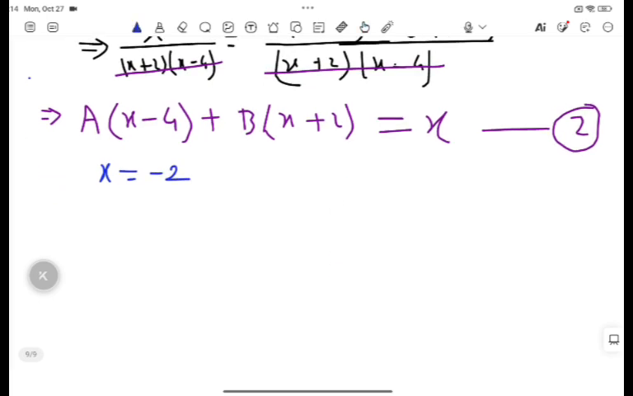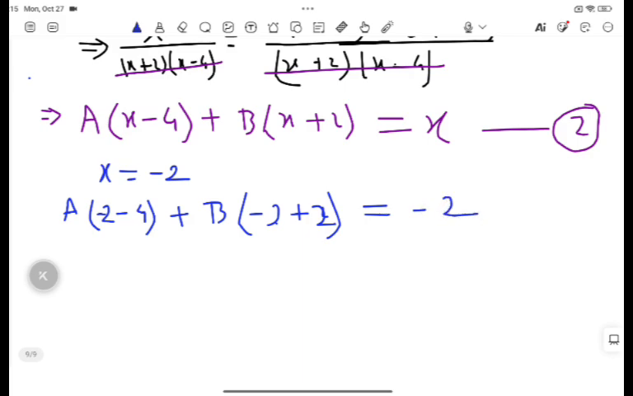Why? Very carefully. Put x equal to -2. So when you put x equal to -2 in this equation 2, what you will get is a times 2 minus 4. We're putting -2 in place of x, right? Plus b times, this is the fun part, -2 plus 2,